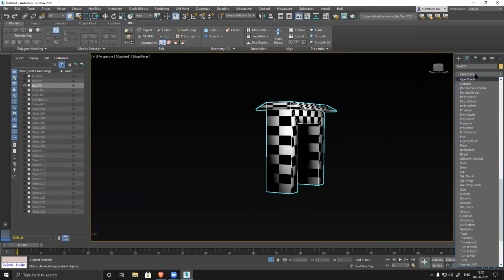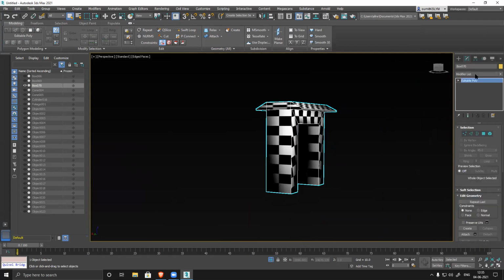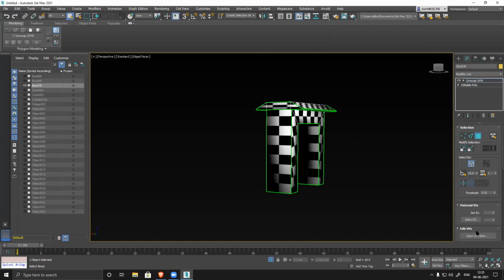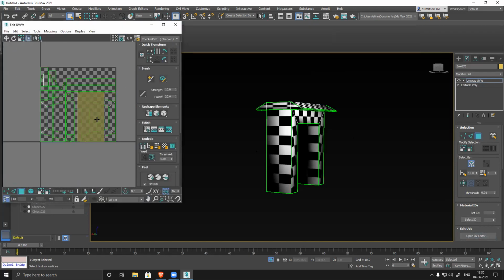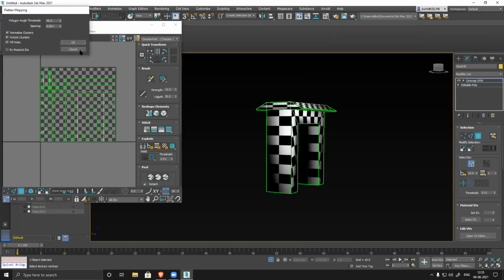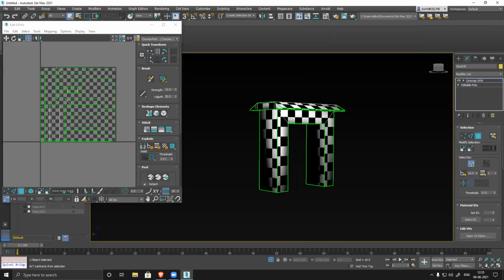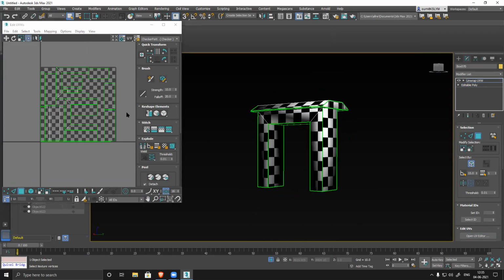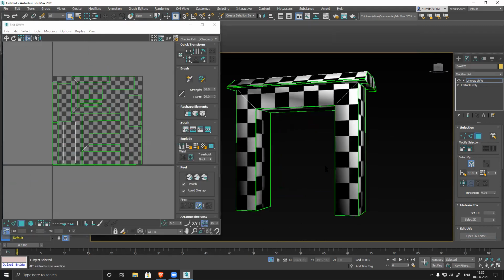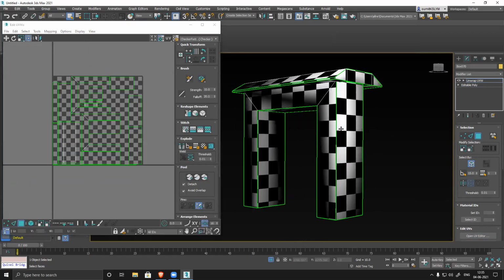Okay, let's see now. Let's go to UV. If I open the UV editor, because all these things are like this, that's what's happening. It's automatic unwrapping. Yes. I'll flatten. So you can see I flattened it. Now all the checkers look correct. Now you have to unwrap based on the model. You have to fix it.